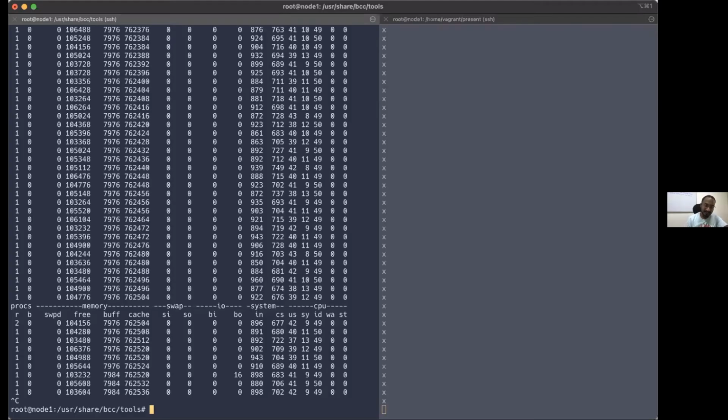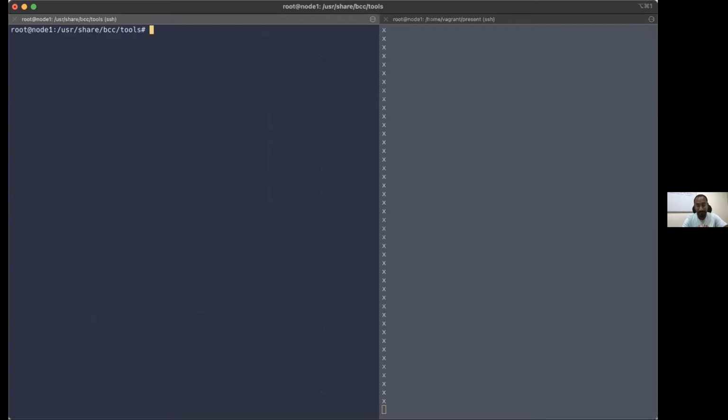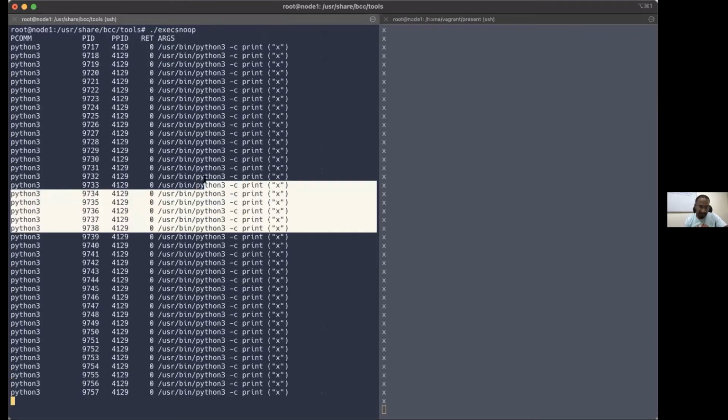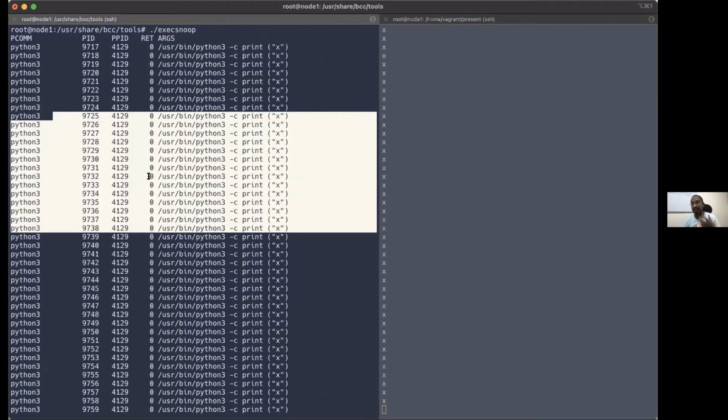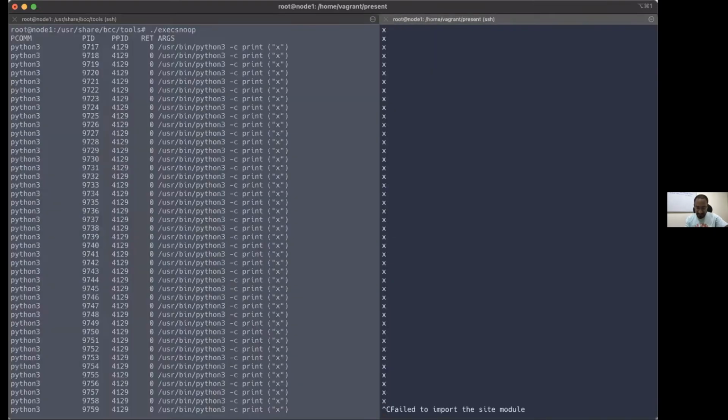And finally, we are landing on one of the interesting tools, eBPF: execsnoop. What is the use of execsnoop? The execsnoop command helps to capture whatever command is executed in the system, and what forks are executed. Let's see here, you see a lot of Python forks happening. It's capturing live from system calls, so it's not creating a lot of footprint in the system. You can easily capture. I will kill this and show something different.